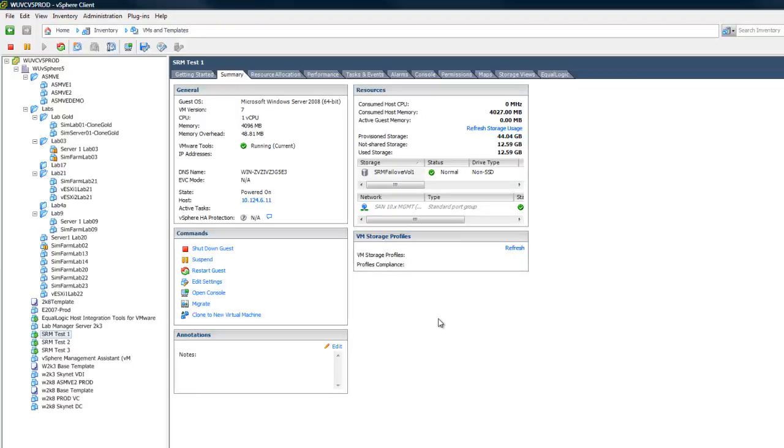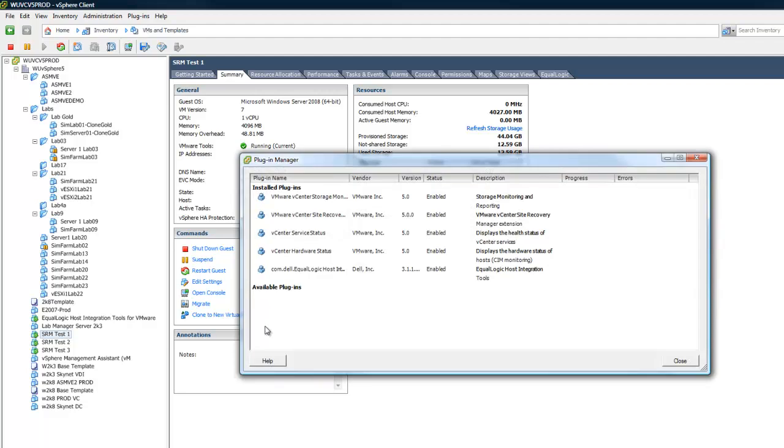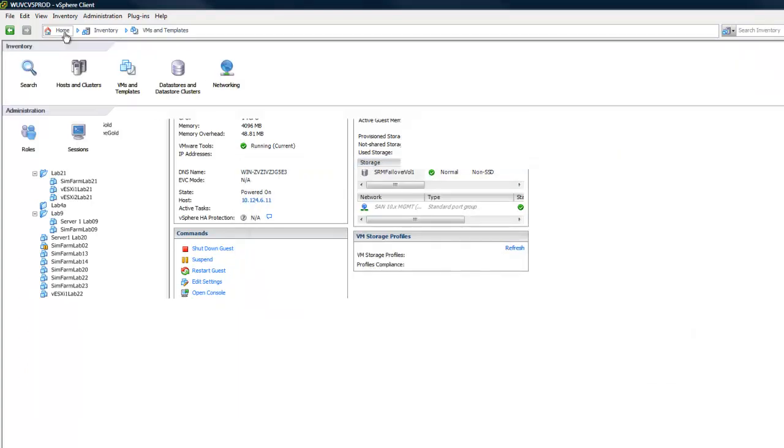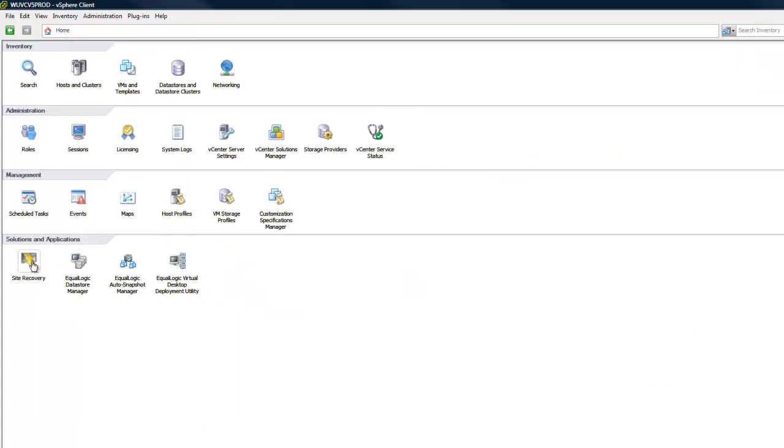Once we've installed the SRA on both sides, the next thing we actually have to do is configure the storage adapters and configure the pairing of Site Recovery Manager. So Site Recovery Manager is actually a Virtual Center plugin, and you can install it if this is the first time by clicking on Plugins, Manage Plugins, and then you'll see the Site Recovery Manager plugin right here. So you would download it, install it on every client that needs to communicate with it, and then it's going to show up under your Home folder right here next to all of your other plugins. So if we click on Site Recovery,